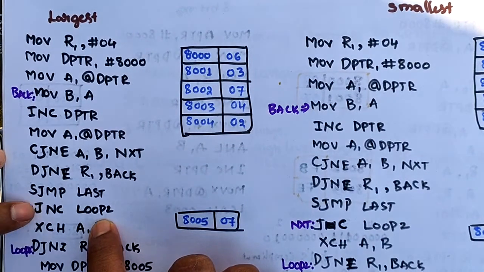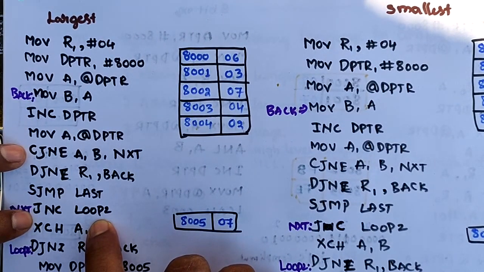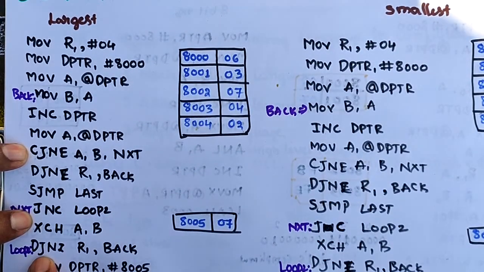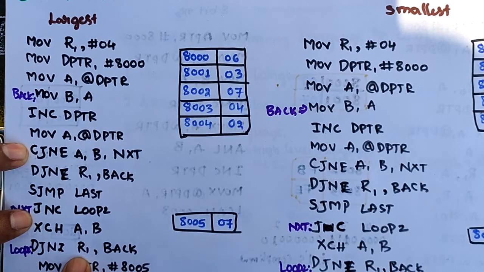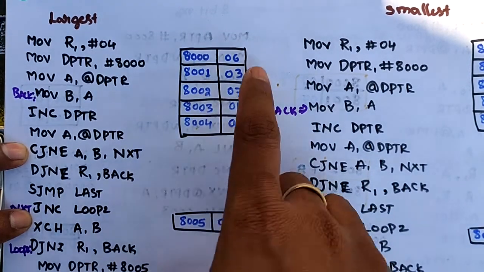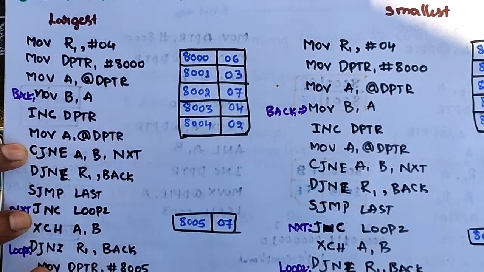If carry is not there, then it will go to jump if no carry, and then to decrement jump if not 0. That means it will check the counter value: R1 gets decremented by 1. If it is not equal, jump if not carry, then it will come to the decrement jump if not 0,